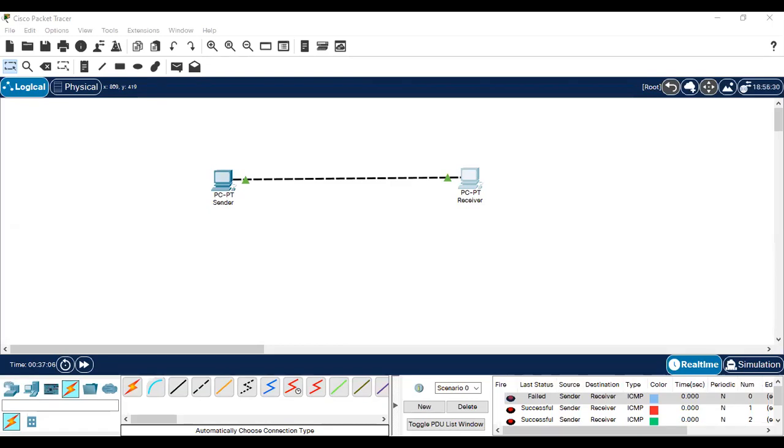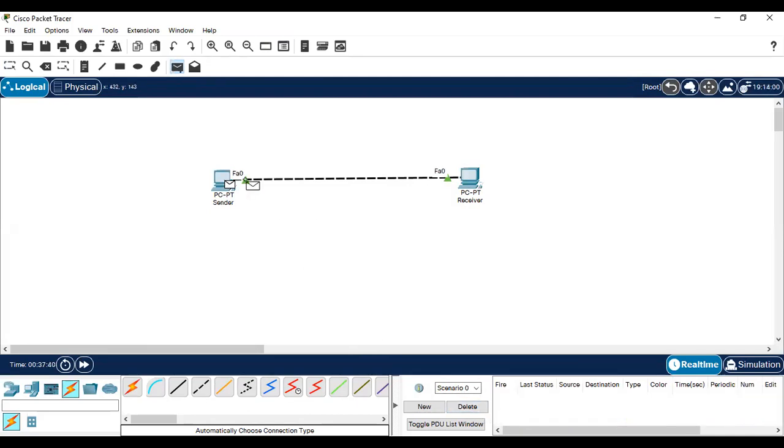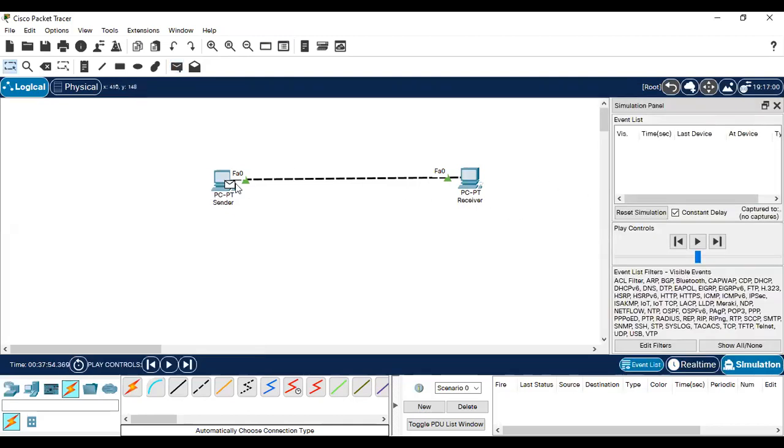When you were explaining, your voice was interrupted, so can you please explain them? Yes, please. Why not? I will show you what those options are, right? Meanwhile, I want everyone to download this simulator in your system, right? What I was saying is that if you want to see the animated version of the packet, how it will reach the receiver, then you can select this simulation option, right? So what I have done,